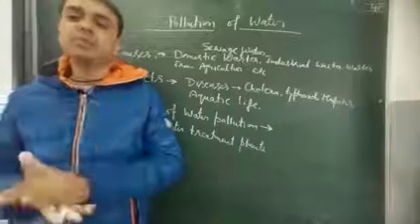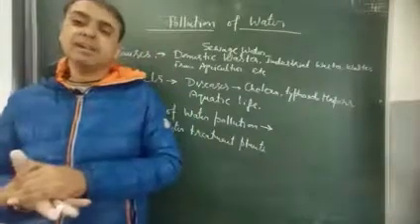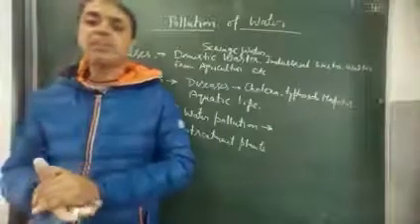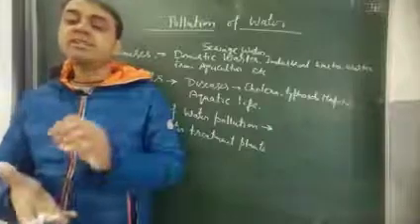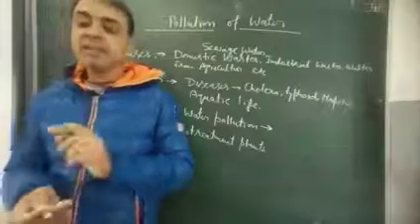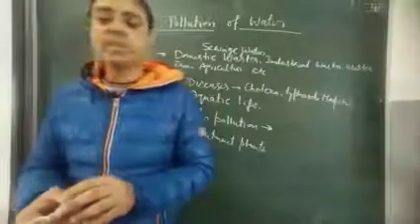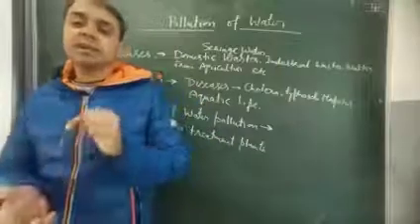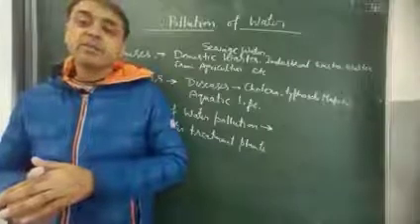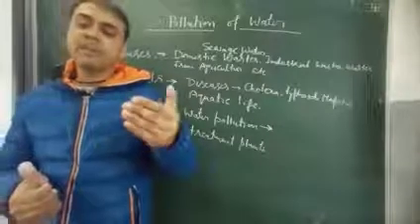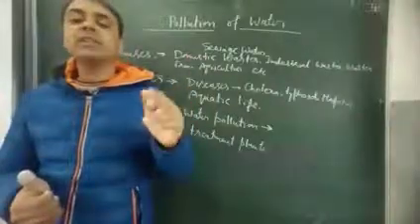If we pollute it, there will be scarcity of drinking water, like the people living in big cities are facing this problem. To avoid this problem, we should clean this water, and this drinking water is called potable water. What is potable water? Potable water is the water that is fit for drinking. In the next video, we will discuss how we can make water into potable water and what the different methods are.